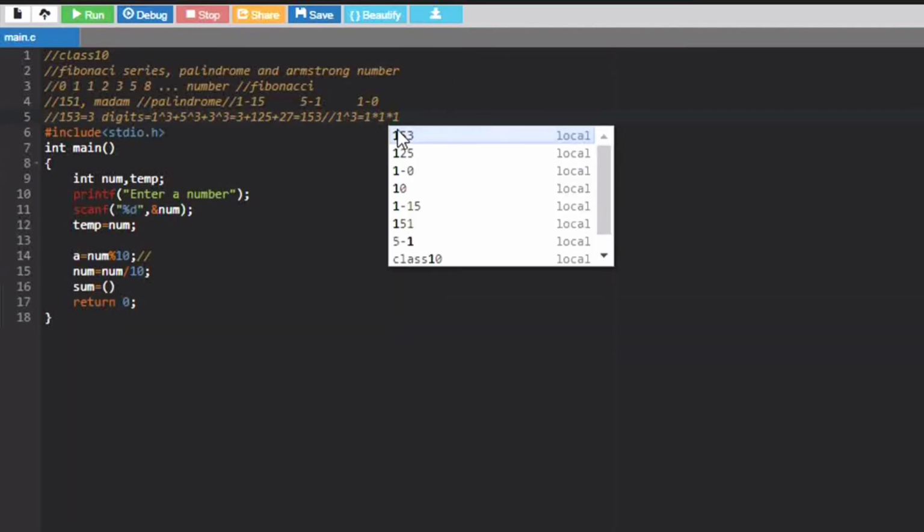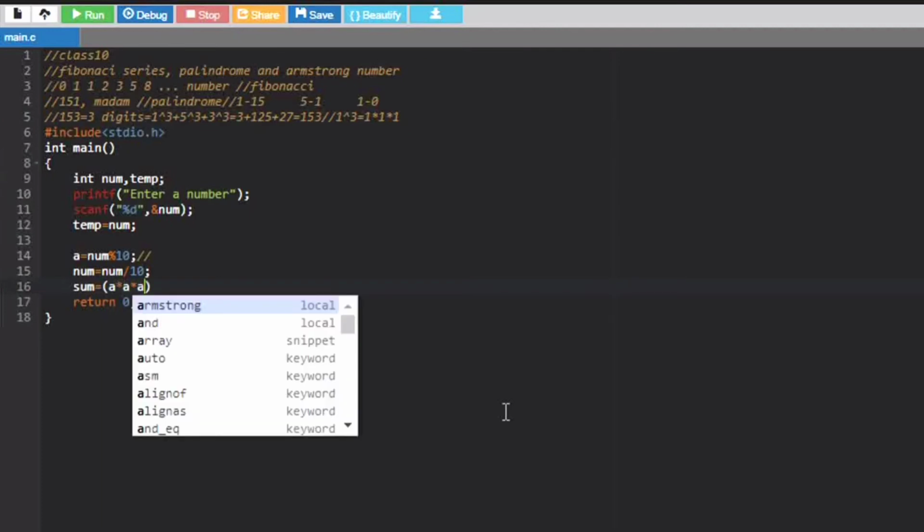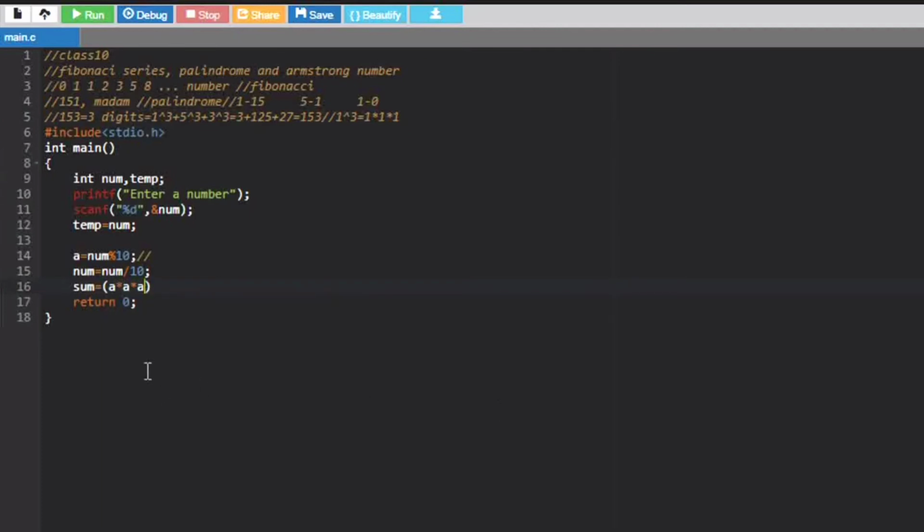So here our digit, like the remainder which we have got, we want it to be multiplied by itself. So our remainder was stored in the variable a. So I want it to multiply itself 3 times, because we are doing Armstrong of 3-digit numbers. So it should be multiplied by itself 3 times.